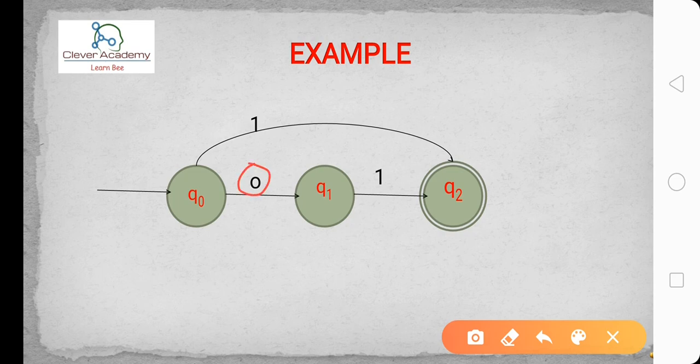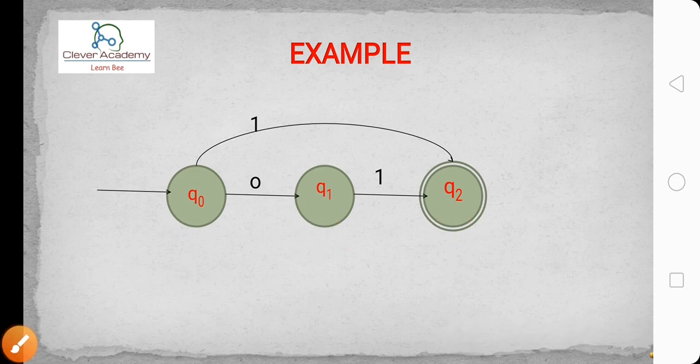You are having 0, 1 indications here. So with the different time intervals, you entered the different values, that is the first property. In the same way, you are giving the output. So from q0 to q1, I am getting some output. Whenever q0 on 1, I am getting some output. q1 on 1, I am getting some output. The different outputs. When coming to the states, we are having three states. One is Q0, another is Q1, another one is Q2. We are having three states, Q0, Q1, Q2.